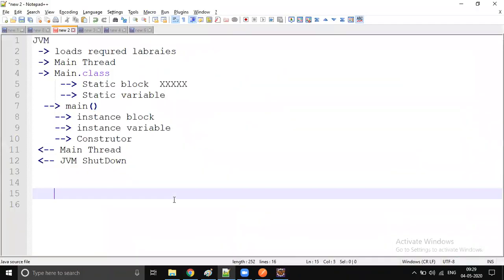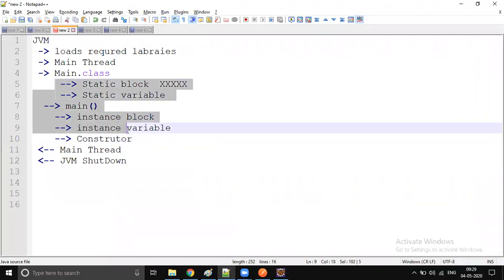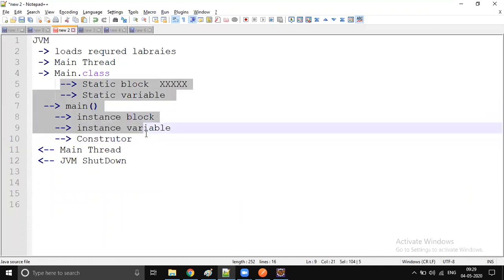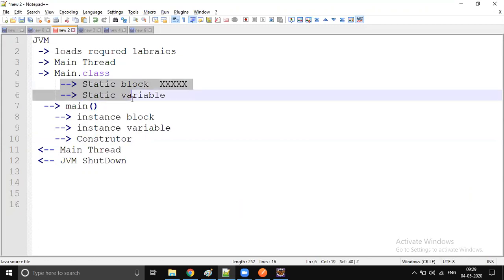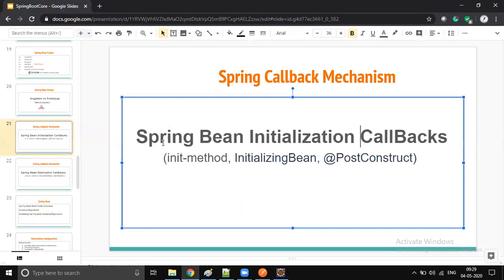There is no guarantee. I cannot guarantee that if you write your Spring logic inside a static block, static variable, instance block, instance variable or constructor, the bean will be created before that code gets executed. Nothing like that. So to give such a kind of guarantee, right?